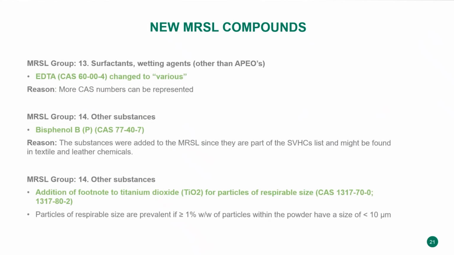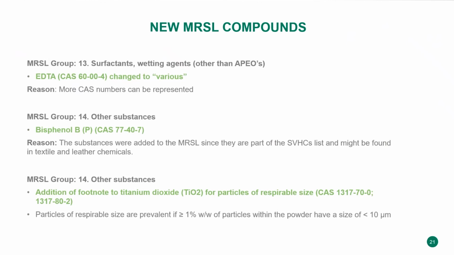Then there have been some other changes. First of all, EDTA. Here we just added more CAS numbers to our RSL list, since the CAS number 60004 wasn't the only one. So we now have a variation in the RSL because there are just more CAS numbers that can be representative of EDTA. Then also we have added bisphenol B, as discussed before. This was added to the SVHC list in ECHA, which is why it has also been added to the STEP